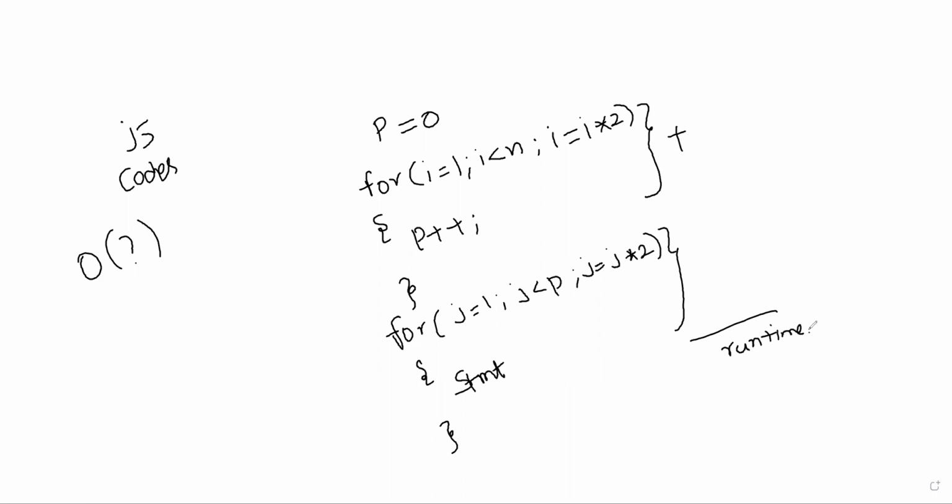Fine. Okay. Just look at this for loop. This for loop depends on the p value. This for loop depends on j being greater than p, right? So what is this p value? What is this j value? So what is the runtime complexity of this? It would be log times p. Correct? This would be log times p. Is that clear? Is this clear why it is log p? Aravind?